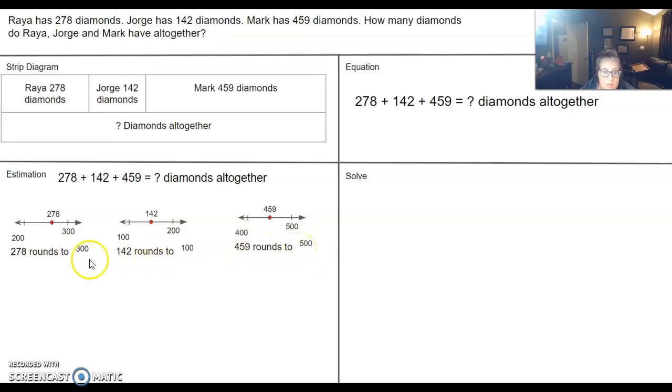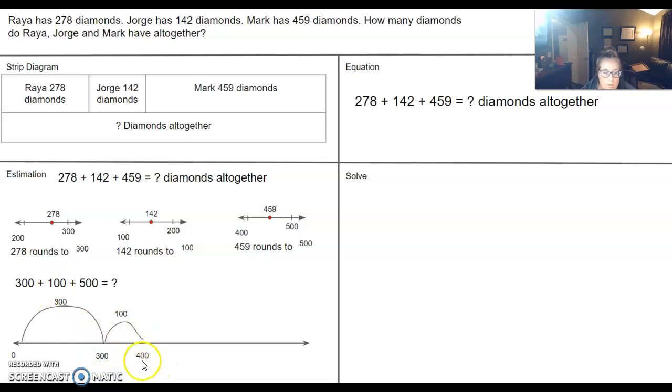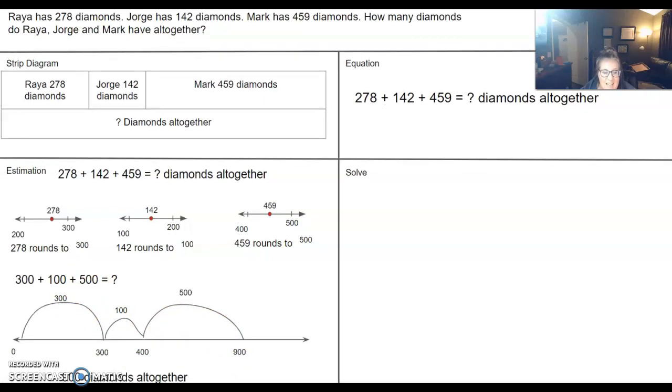Now I am going to actually solve what 300 plus 100 plus 500 is equal to, and that's going to tell me how many diamonds they have all together. So I'm going to go ahead and use a number line to help me. So here is my number line. My first hop is going to be from 0 all the way to 300, and when I do that, I'm at 300. Now I'm going to add 100 more, and when I do that, I'm at 400, and finally I'm going to add 500 more, and now I'm at 900. So that tells me that I have about 900 diamonds all